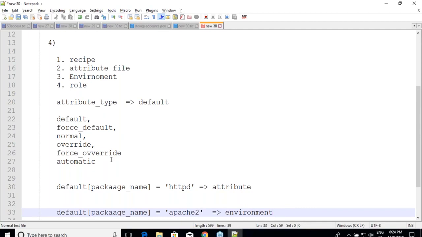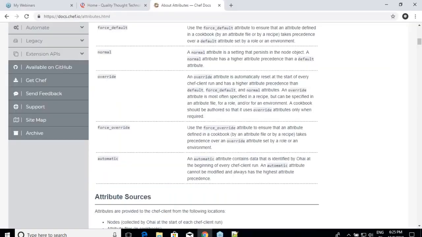If you have different attributes, for example, default of package_name, and somewhere else you have defined default of package_name_my, then you are speaking about an altogether different variable. In that case, there is no problem, right? But if you have the same variable defined at multiple different places, what happens? For that, Chef has some sort of a table over here.